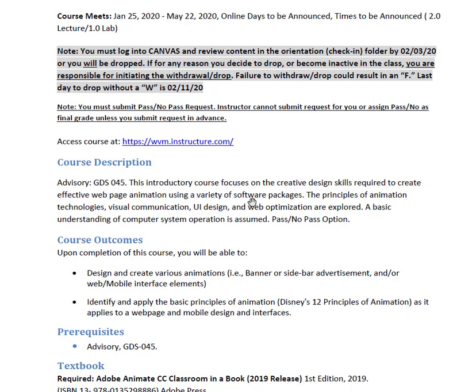And it's sort of a survey of web animation and understanding the principles. For example, we're going to take a look at how to create banners, page banners and sidebar ads. And as I said before, UIs for mobile interfaces. And then we're going to look at Disney's 12 principles of animation and how they will be applied to web